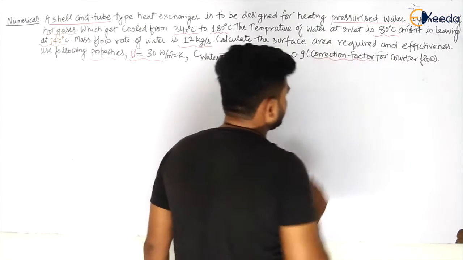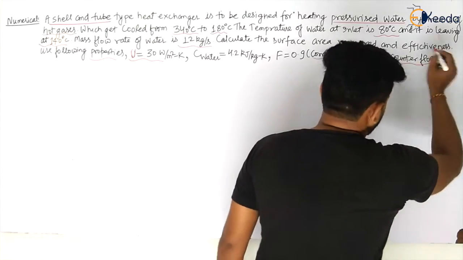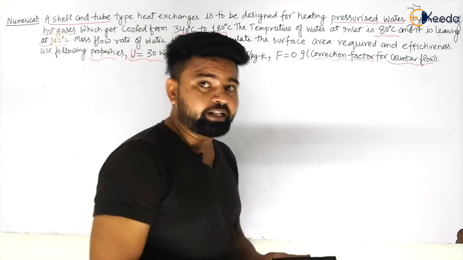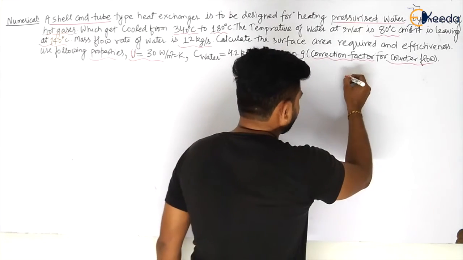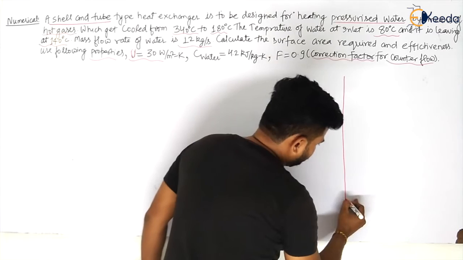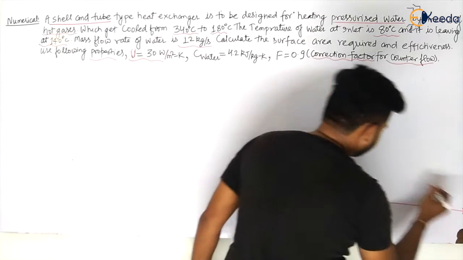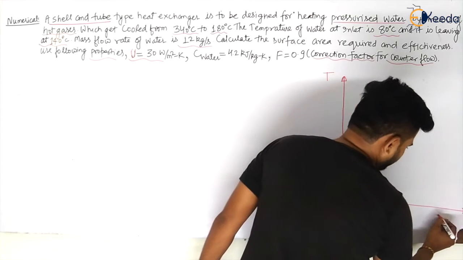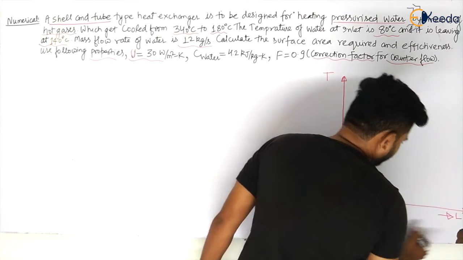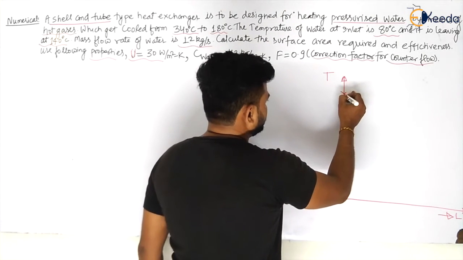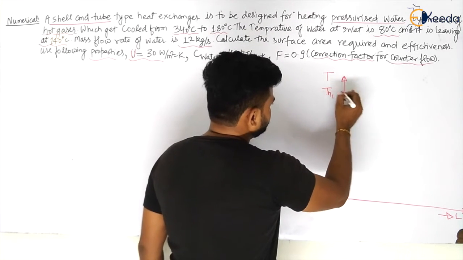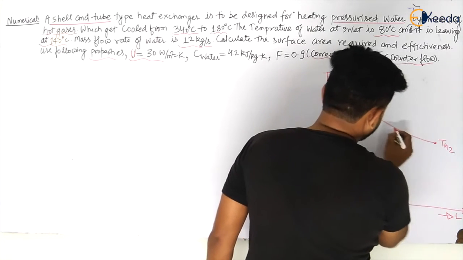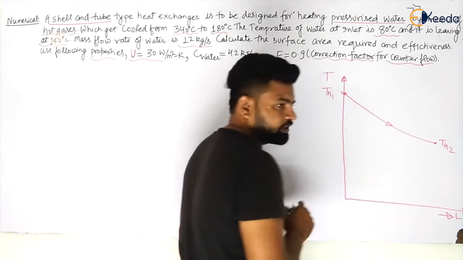We have seen in the theoretical video, my dear students, for counter flow. Now let us see the temperature profiles, then we will see what is happening inside. If you know how to make the temperature profiles, that will be very easy and you can easily attempt all the questions for heat exchanger. That is your x or length of the heat exchanger. That is your counter flow, occurring from TH1 to TH2 in this direction, my dear students.